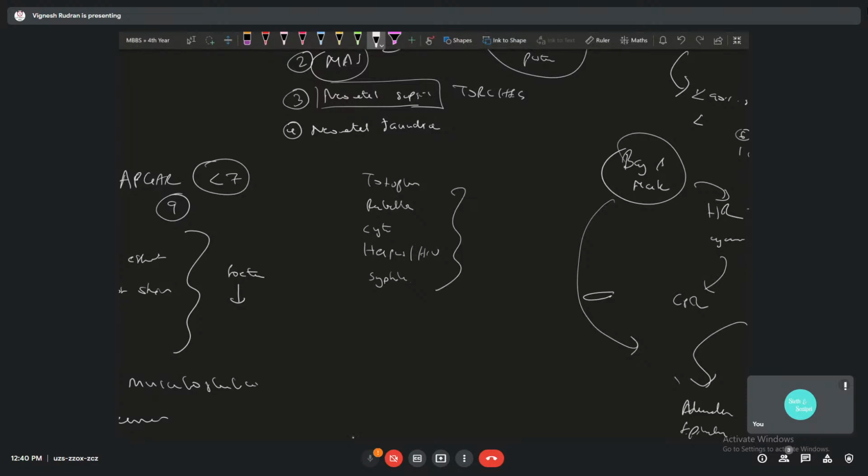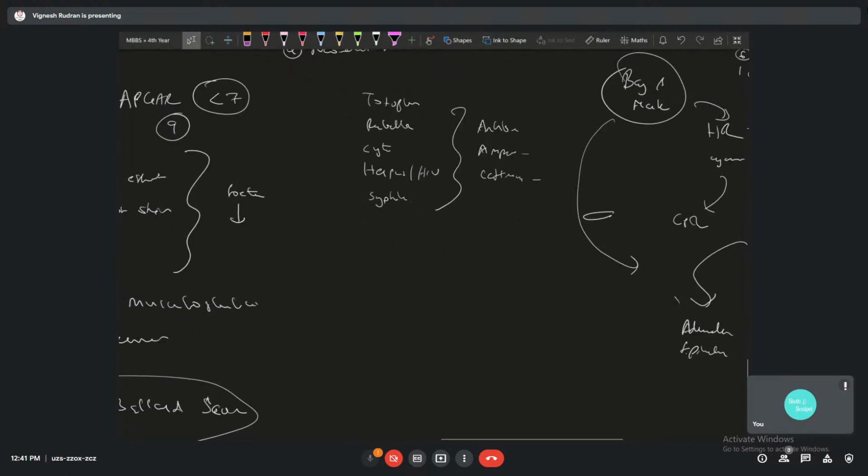And for any kind of sepsis, you're going to use antibiotics, usually ampicillin and ceftriaxone. The dose will vary for the pediatric group, but just know that that will be your neonatal sepsis. It's already a frequently covered topic in obstetrics, so I'm not going into detail. The last one is neonatal jaundice.